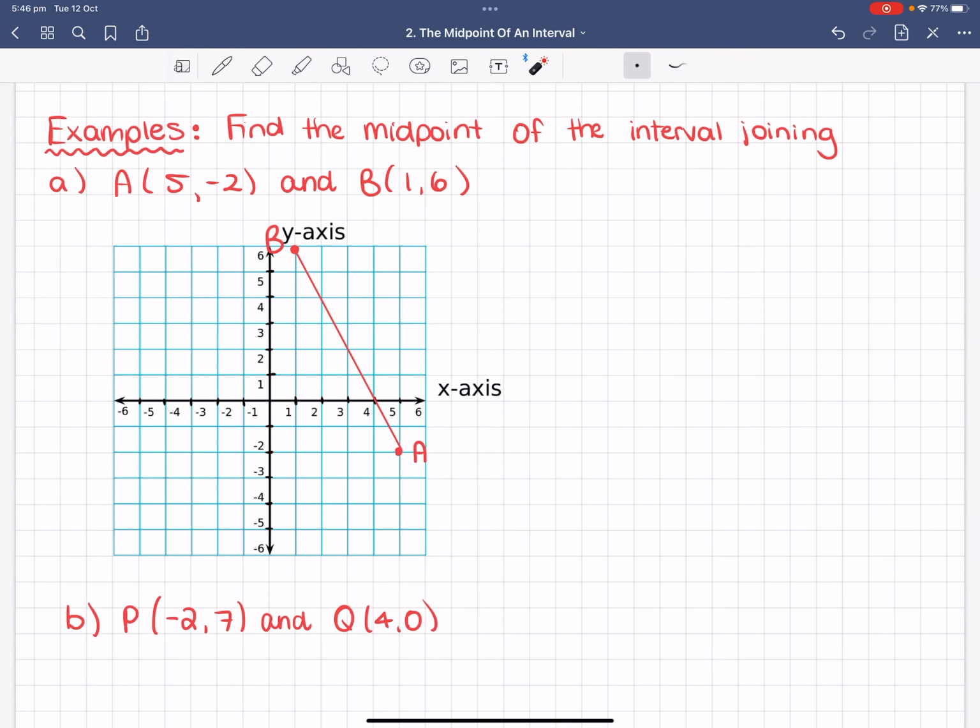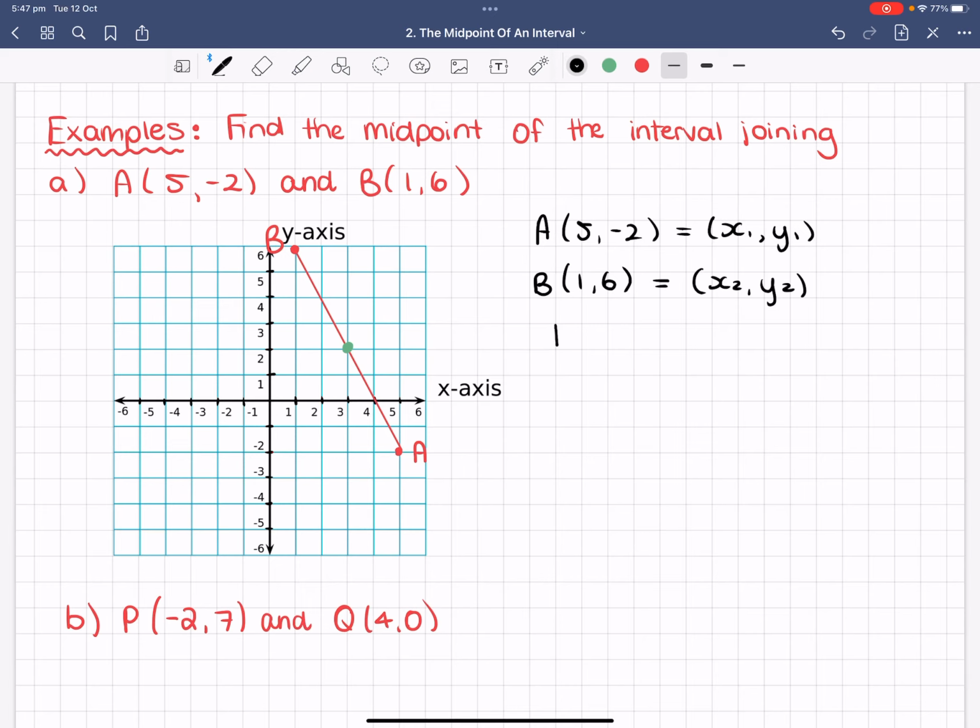So, for example, find the midpoint of the interval joining A and B. We've got A, which is (5, -2), and B, which is (1, 6). Now, having a look, you can see roughly that the midpoint would be about here, right? If you were to guess, you would say it's roughly there. Without guessing, we can say we've got A, the point (5, -2). Let's call that x1 and y1. And then we've got B, which is (1, 6). Let's call that x2 and y2. Then the midpoint